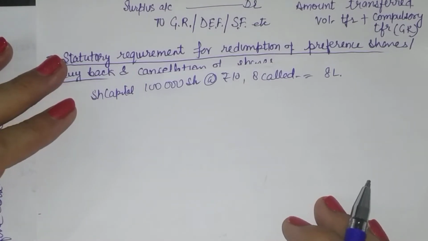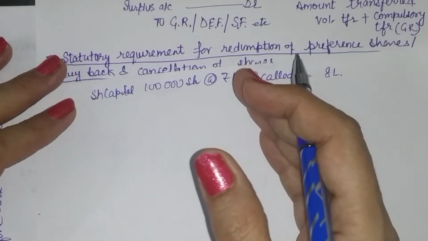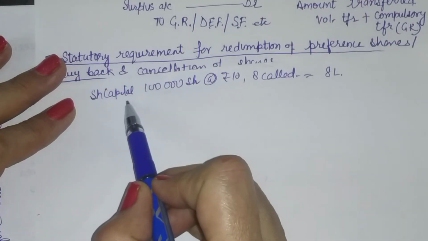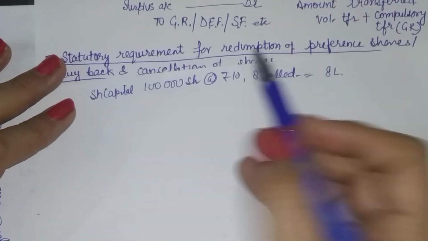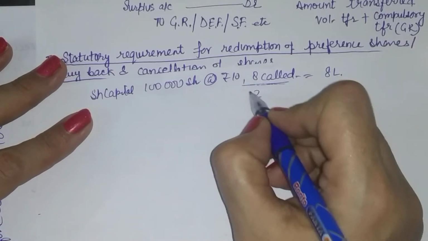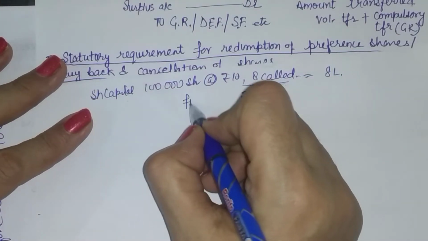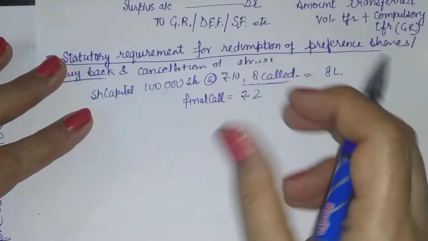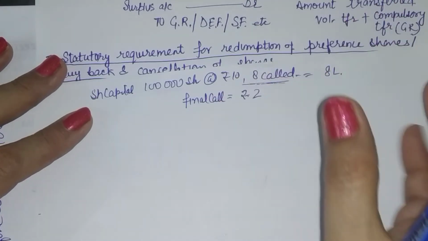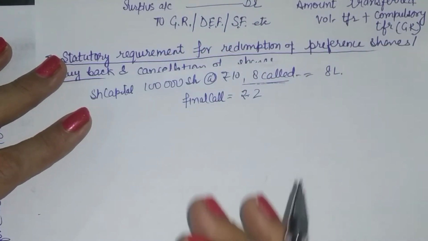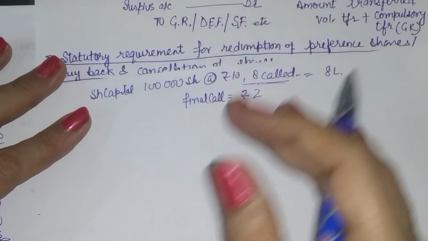So one way is you give them bonus in the form of conversion of their partly paid capital into fully paid capital. That is, you call up the money. So the remaining 2 rupees final call shall be made, but your shareholders don't need to pay the amount. This will be given as bonus. That means you will convert your profits into bonus issue and it will be adjusted against the final call.